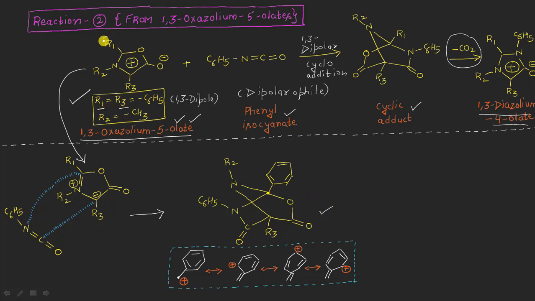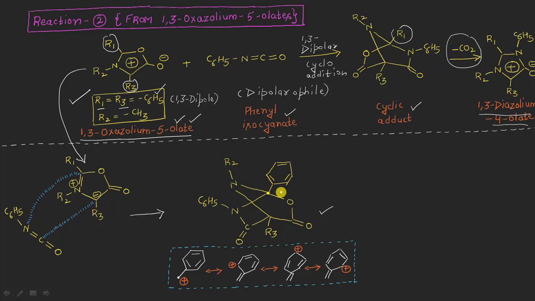I mean this R1 here as well as this R3 here, what are they? They are phenyl groups, right? So here, instead of this R1, I can show a phenyl group in this way, because it is already mentioned in this reaction, right? And now the next thing is that this reaction is not going to stop at the cyclic adduct stage, and it will go further by releasing a molecule of CO2 to give this type of product molecule.